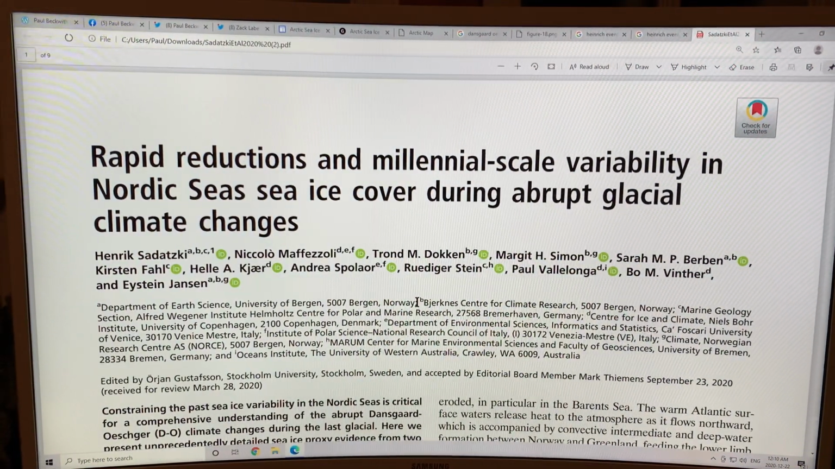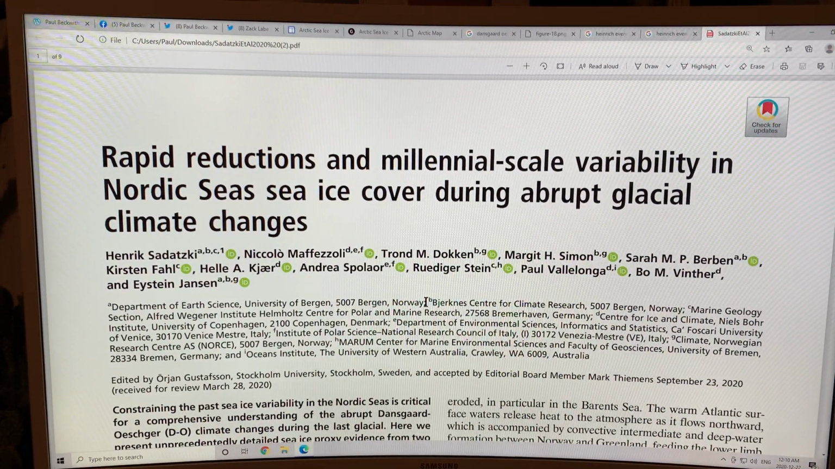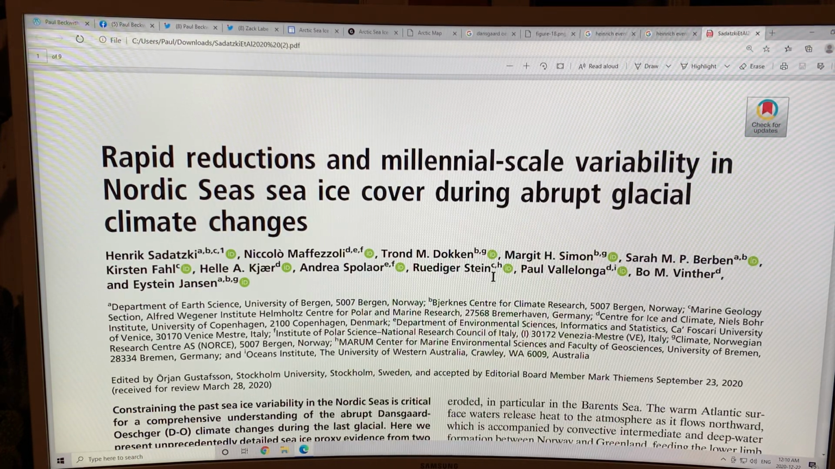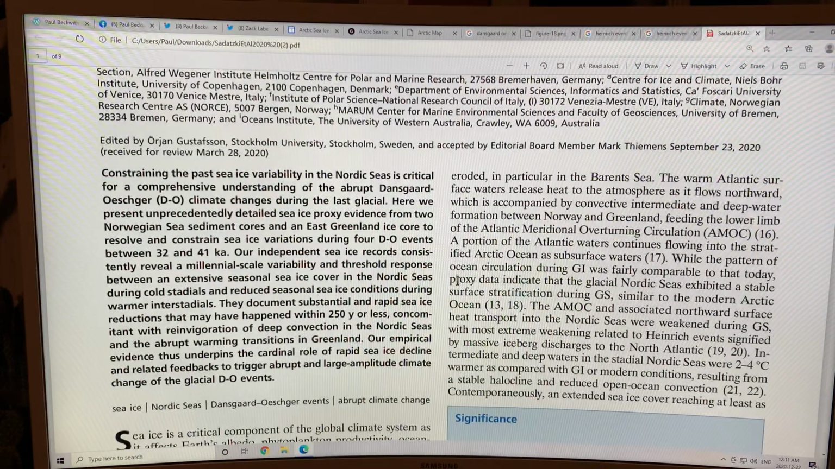So this is a paper called Rapid Reductions in Millennial Scale Variability in Nordic Seas Sea Ice Cover During Abrupt Glacial Climate Change. Here are the Dansgaard-Oeschger climate cycles during the last glacial mentioned. So they use sea ice proxy evidence from 2 Norwegian Sea sediment cores and an East Greenland ice core to resolve and constrain sea ice variations during 4 Dansgaard-Oeschger events between 32 and 41